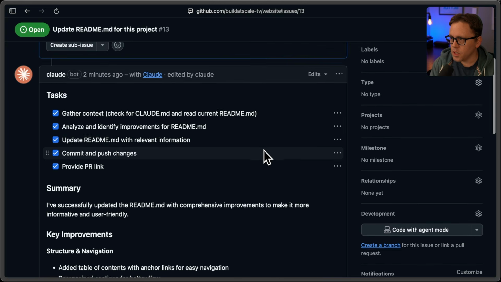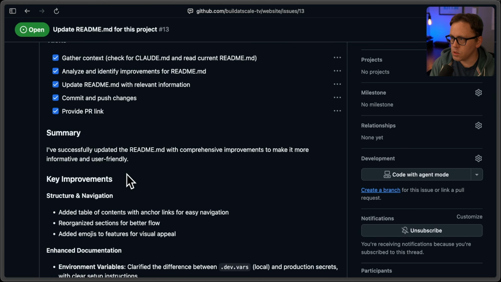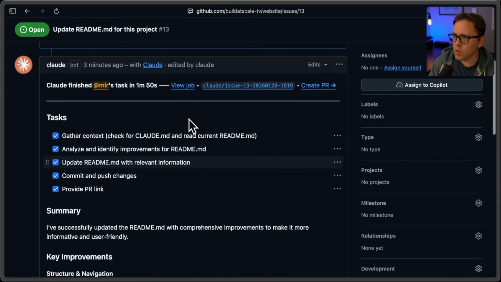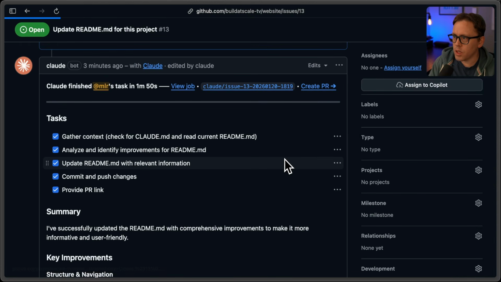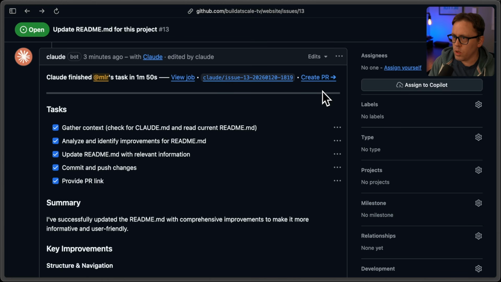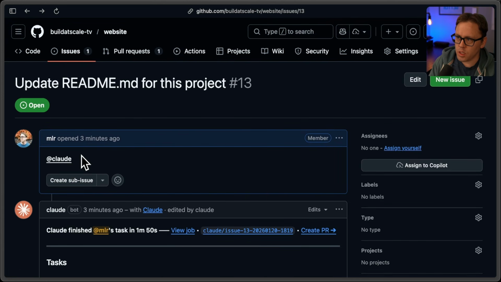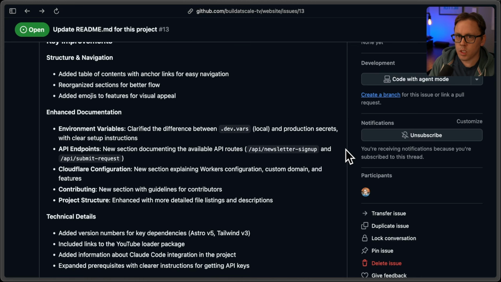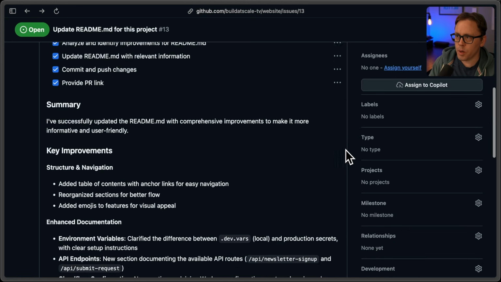All right, so that's finished up, and it's got a summary for us. Successfully updated the README, key improvements. So then it has this PR link, create PR. We click that, it'll just take us to a pre-filled page where we can open the PR. What I want to do is just have it open this PR for me. And even if you ask Claude to open the PR itself in the description, it's not going to do it. So we need to give Claude a new custom prompt that will allow it to just open up the PR